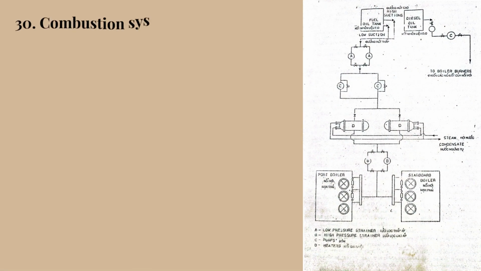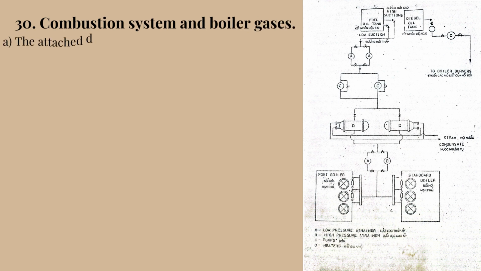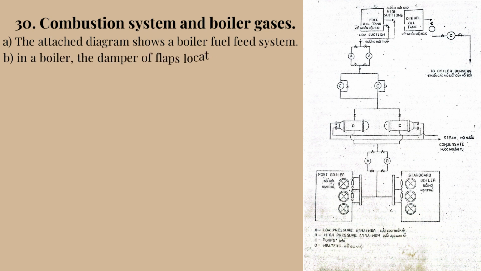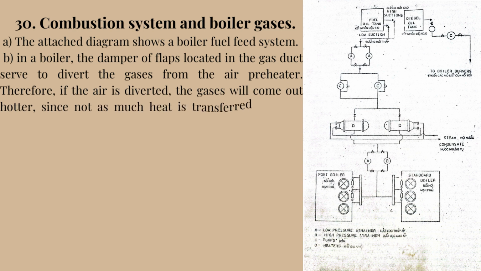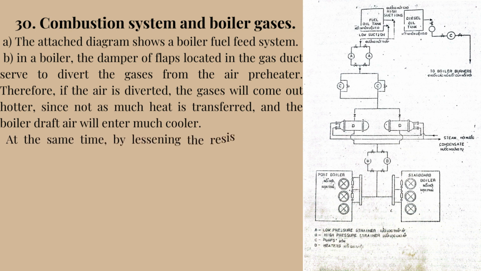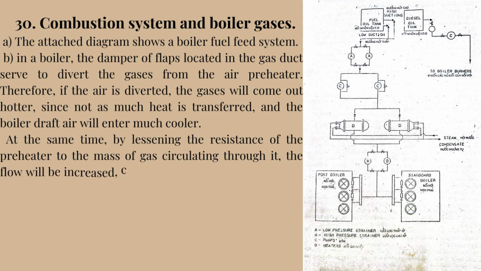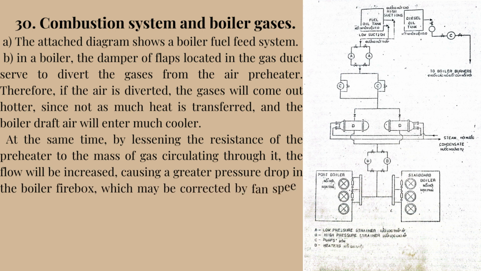30. Combustion system and boiler gases. A. The attached diagram shows a boiler fuel feed system. B. In a boiler, the dampers or flaps located in the gas ducts serve to divert the gases from the air preheater. Therefore, if the air is diverted, the gases will come out hotter, since not as much heat is transferred, and the boiler draft air will enter much cooler. At the same time, by lessening the resistance of the preheater to the mass of gas circulating through it, the flow will be increased, causing a greater pressure drop in the boiler firebox, which may be corrected by fan speed or other forced